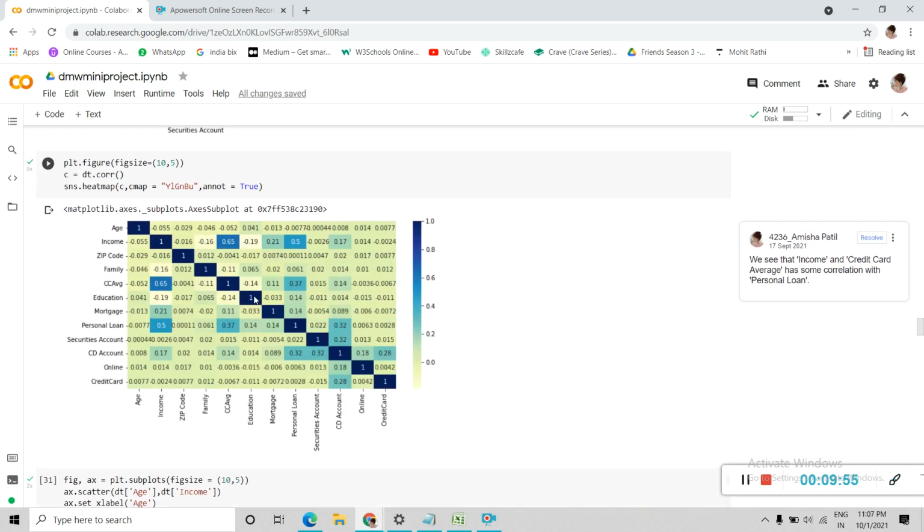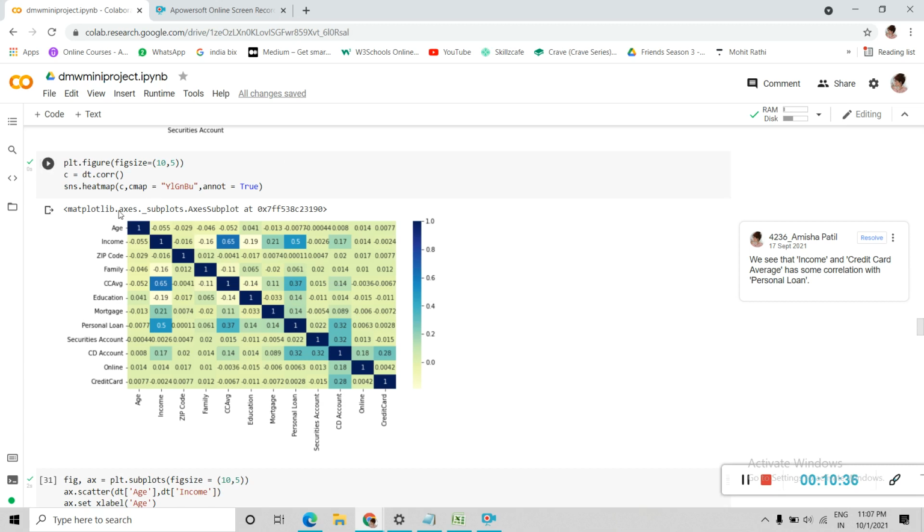Then we have a heat map. We have plotted the heat map using the matplotlib library, and here we have used dt.corr, which is used to find the pairwise correlation of all columns in the data frame. This heat map gives correlation that ranges from -1 to 1, where values closer to 0 mean that there is no linear trend between the two variables, whereas the ones close to 1 indicate that the correlation is stronger.